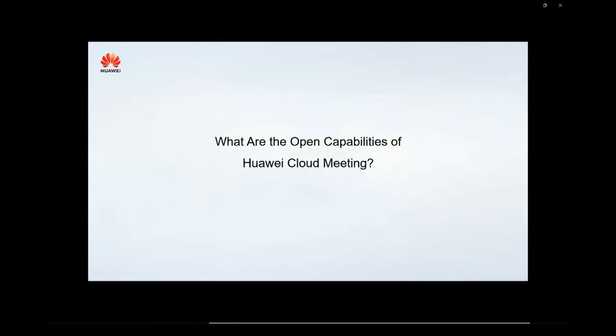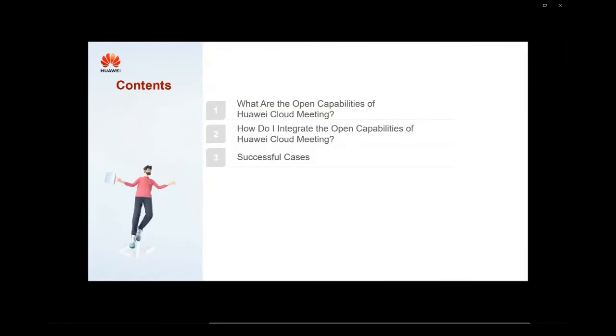Now, let's see the open capabilities of Huawei Cloud Meeting. As we know, since 2020, the epidemic has accelerated the global popularity of cloud meeting, which has become a high-frequency demand in all industries.